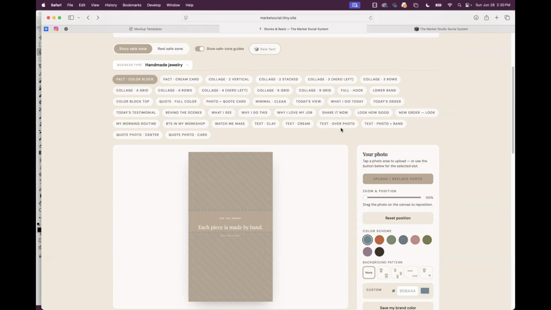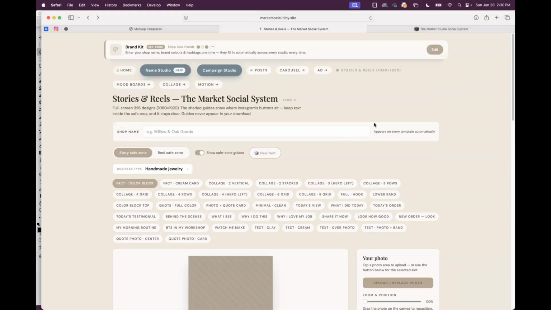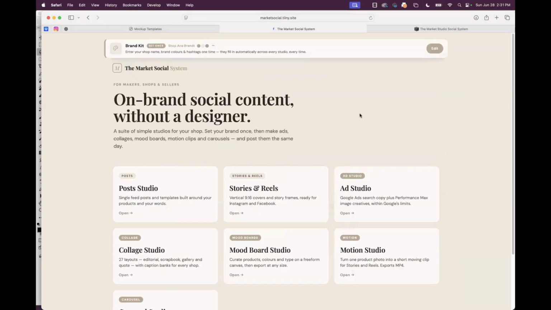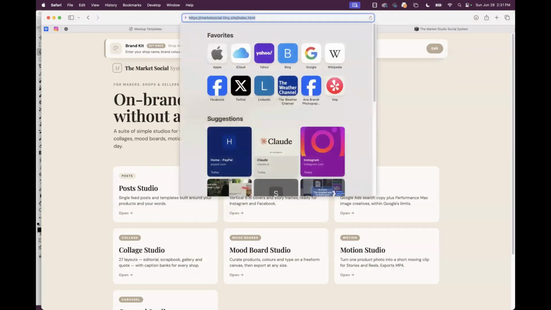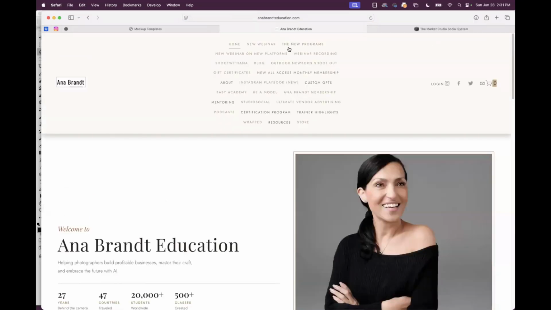We will definitely do some serious campaigns on this, because I'm part of many, many retail Facebook groups. And I think this will be bigger than Studio Social, in my opinion. I know it will be, just because the audience is 10 times bigger than photographers. But I still have so much more that I want to add to it. So as I add more things to it, as I use it, as I have my daughter test it, we'll be marketing more and more. The price will change as everything does.